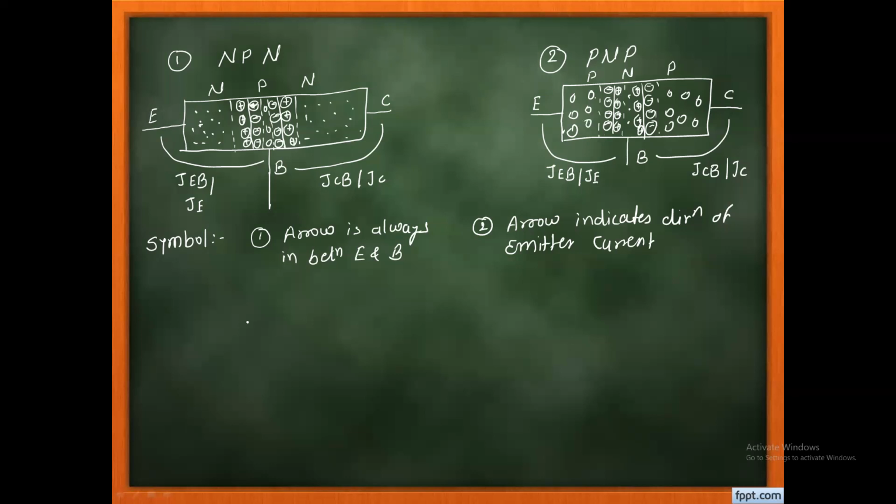And now we will try to draw the symbol. First draw the circle, then these three terminals. Let me assume that this is emitter, this is base, this is collector, and we are drawing the symbol for